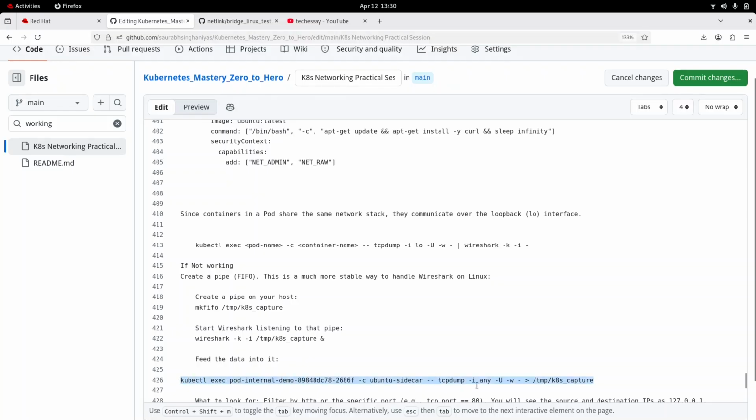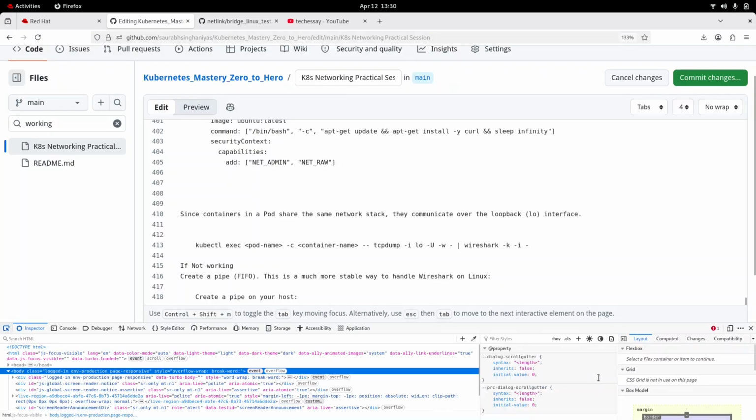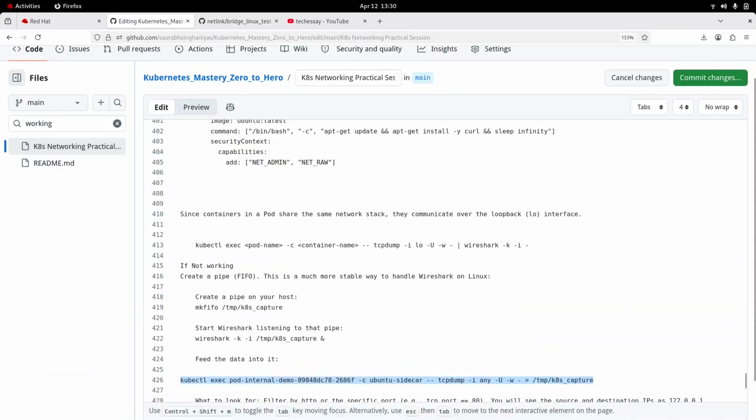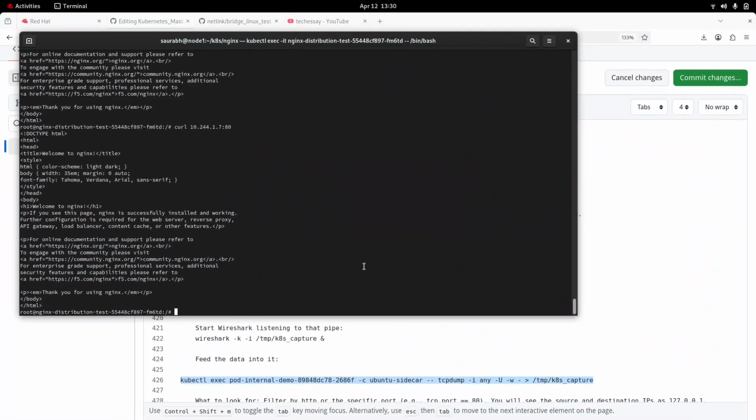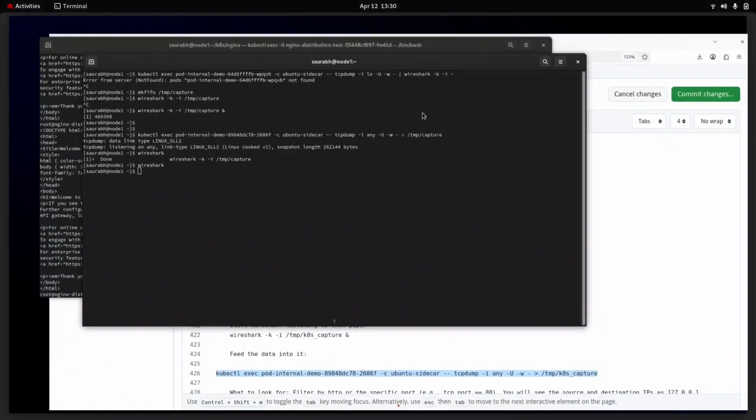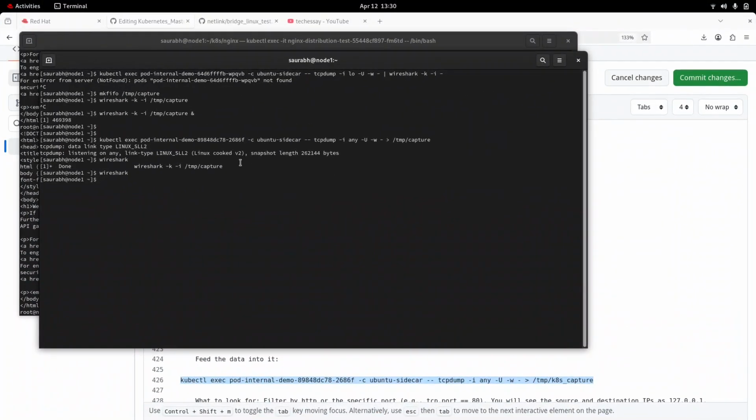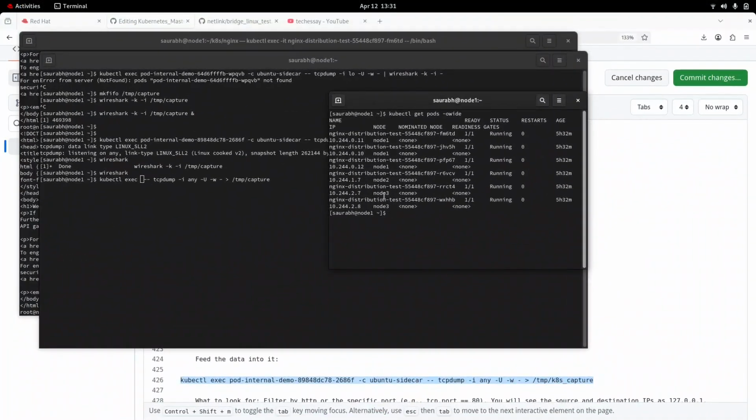So I will just copy this command and write it to Kubernetes captures. Sorry for that. So from here, let me run the Wireshark TMP capture. Okay, so the command is present here. So I need to change this IP with the node 2 name. So node 2 is this